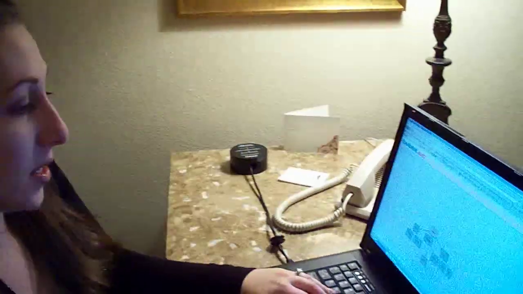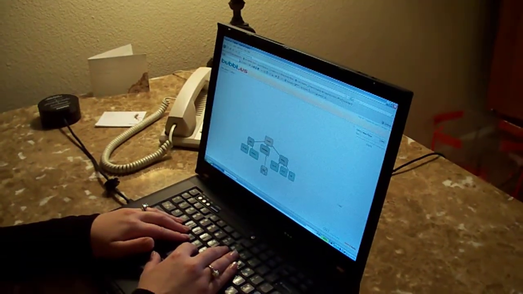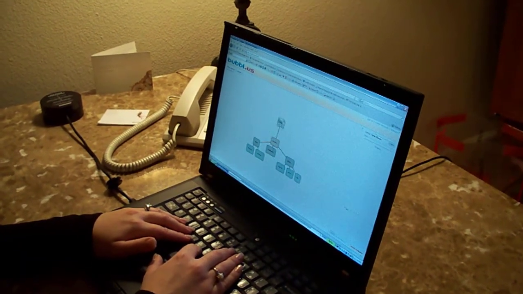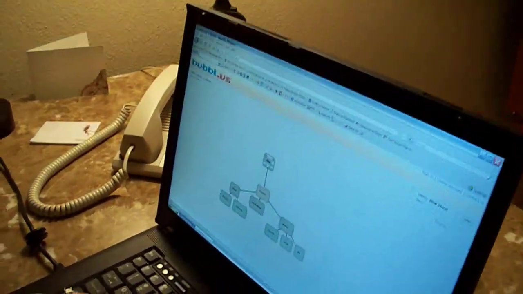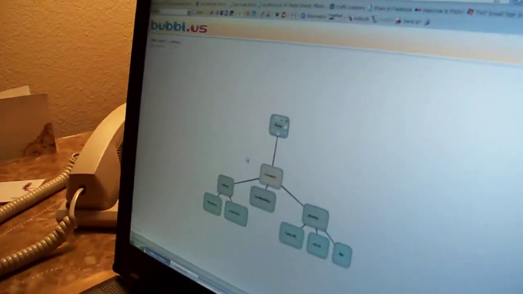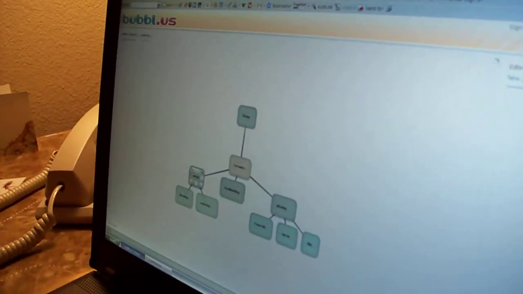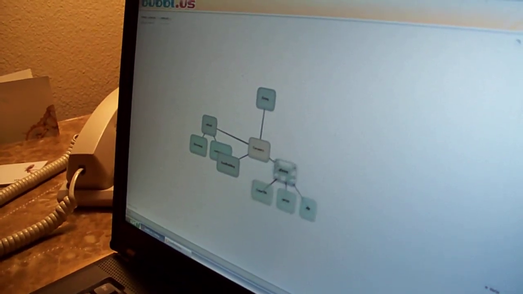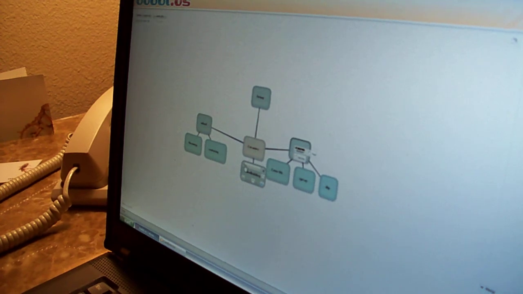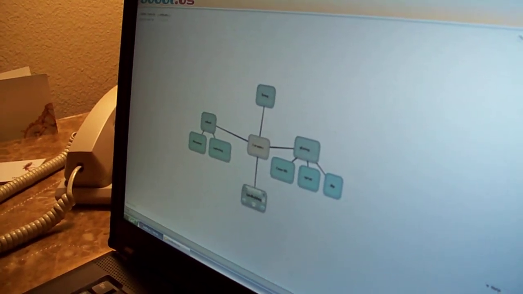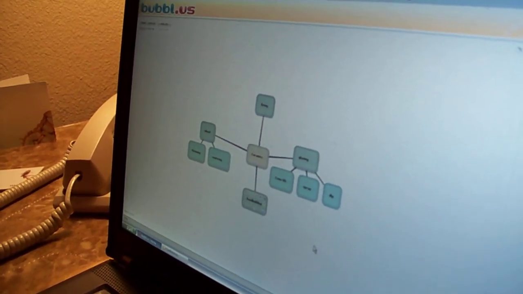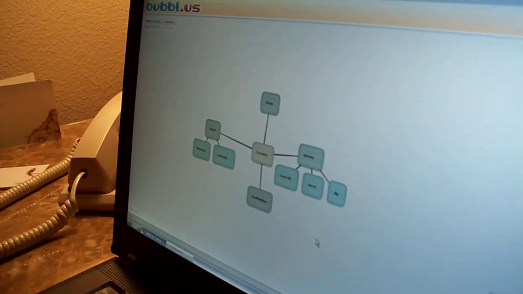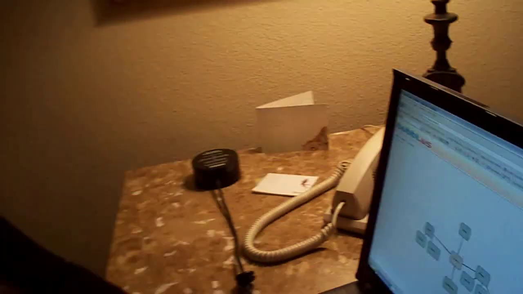So as you can see, I have my little brainstorm here, and I can move things around on the screen. It's very similar to Inspiration or Kidspiration, and you can reposition. I can see this being useful with a class of kids in many different ways, not just for vocabulary, but for doing lots of different types of brainstorming. So Ruth, that is one of many tools that I learned about today that are